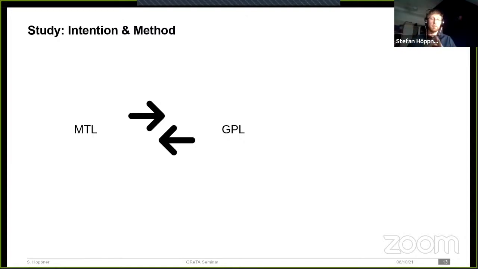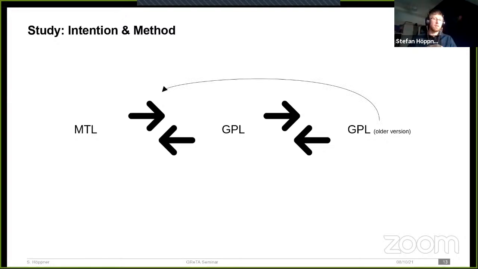Since many of the claims about model transformation languages actually originated 15 to 20 years ago, we also wanted to take a historical perspective on this whole thing, and look at the difference between using a more current general purpose language as opposed to an older version of the general purpose language, when maybe model transformation languages were first introduced.